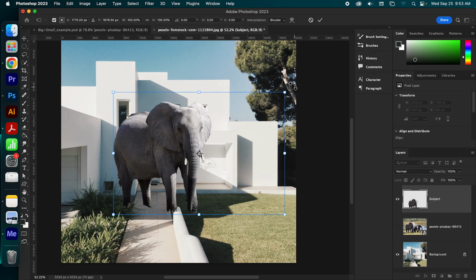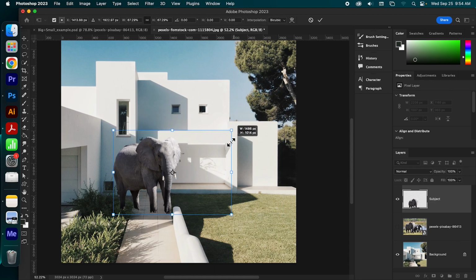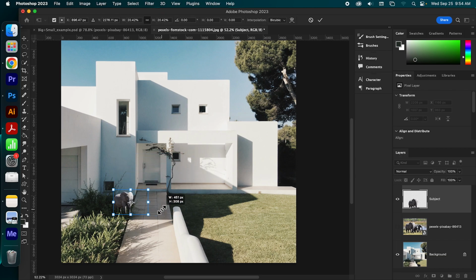What I want to do is keep the elephant's proportions accurate. So I'm going to hold the Shift key. Shift, and I can click any of these, and I'm going to scale him down to the size that I want him to be. So proportionate to, let's say, the door.